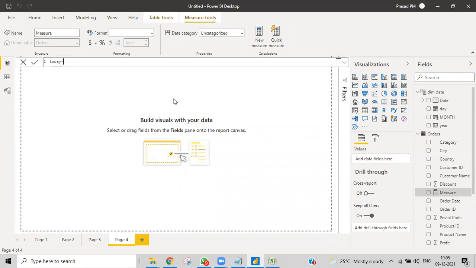I'm just writing it here to make you understand what the function is. That's it. It's not like you need to keep the same table name. You can keep your channel name, your name, or whatever it may be. Whatever is needed, you can make it. Like again, today. And that's it. We don't give anything, just empty braces, and click enter. Then you can take that in your card so that you will get today's date.